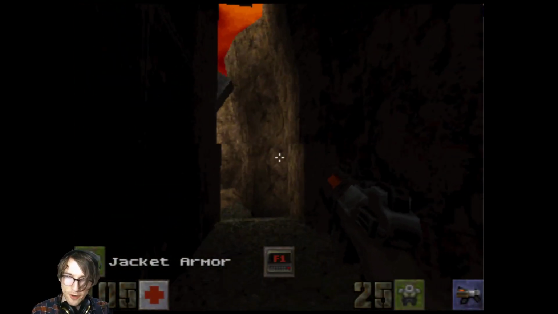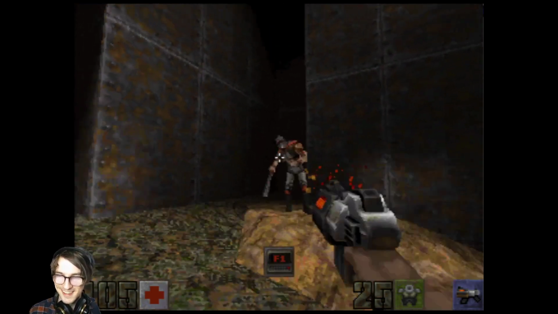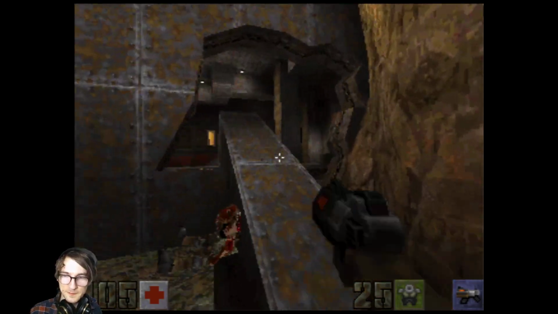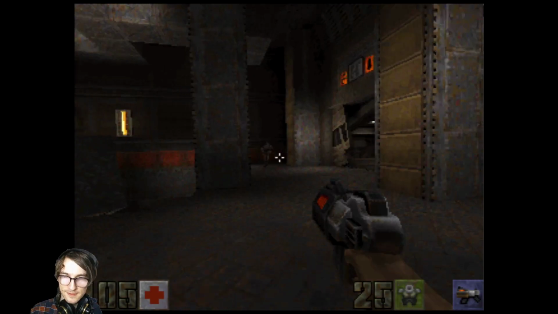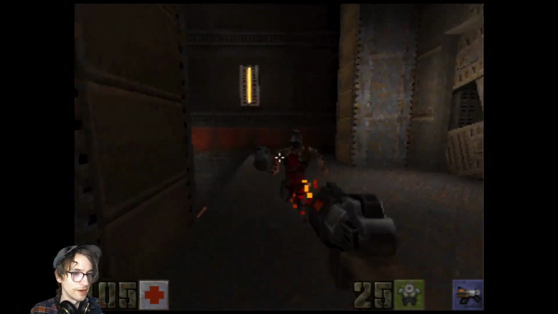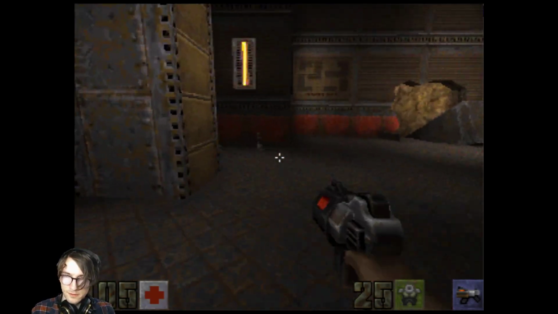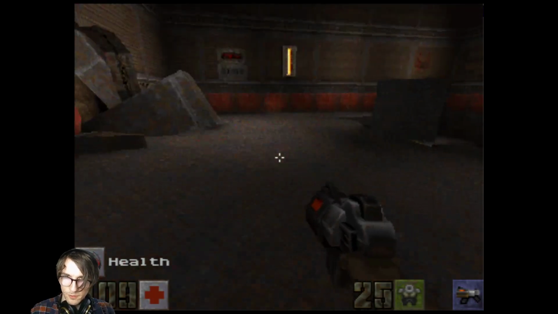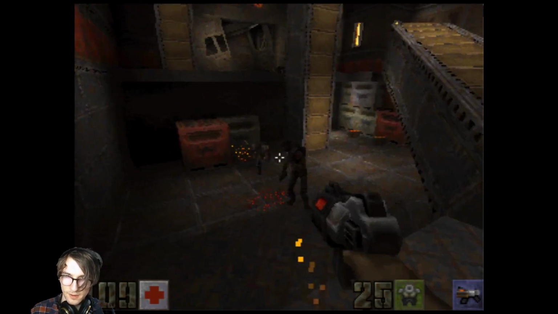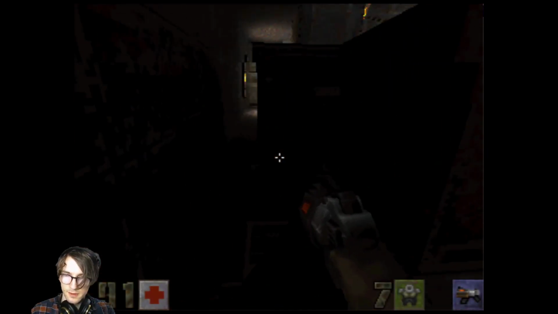Ah, look at the grime. Look at the grime. This is the way to play Quake 2, folks. This right here. We're not gonna linger on this game too much. I want to play some other things, but yeah. But again,